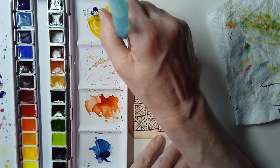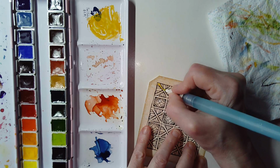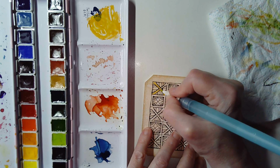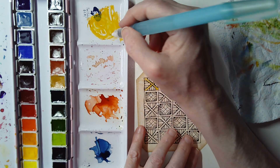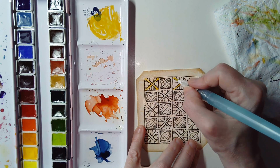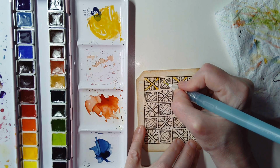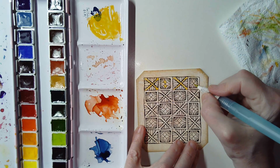I'm just going to try and get a little bit off my brush, and I'm just going to fill this in. I also think the colours that I chose will be quite sympathetic in some ways with the background colour. Now I could use this for the outside of that square, but I'm not going to. What I am going to do to tie this in is I'm going to put gold at the top and the bottom of each of these